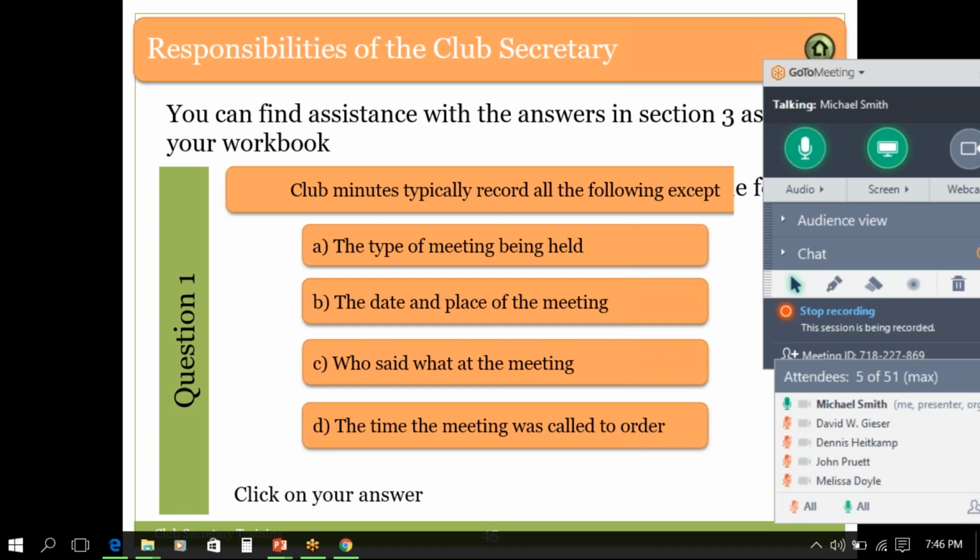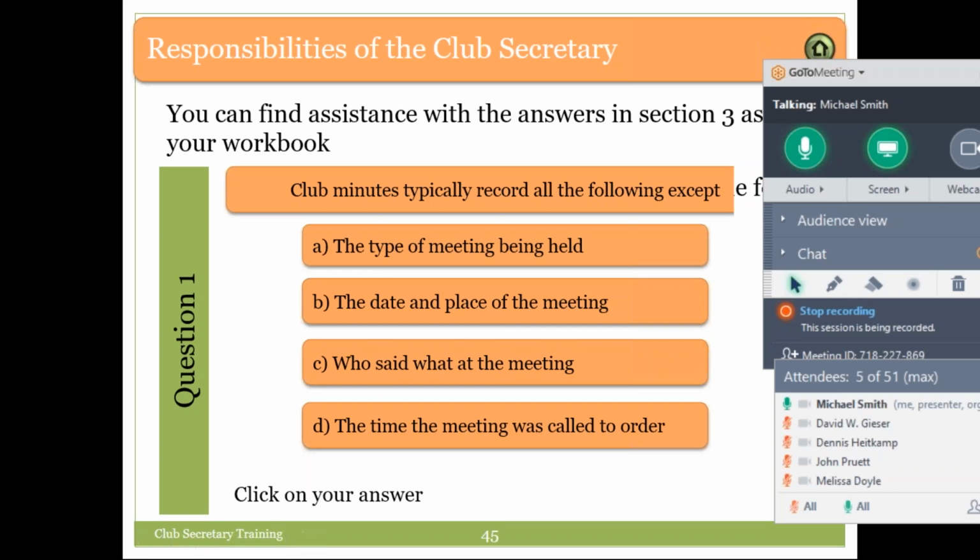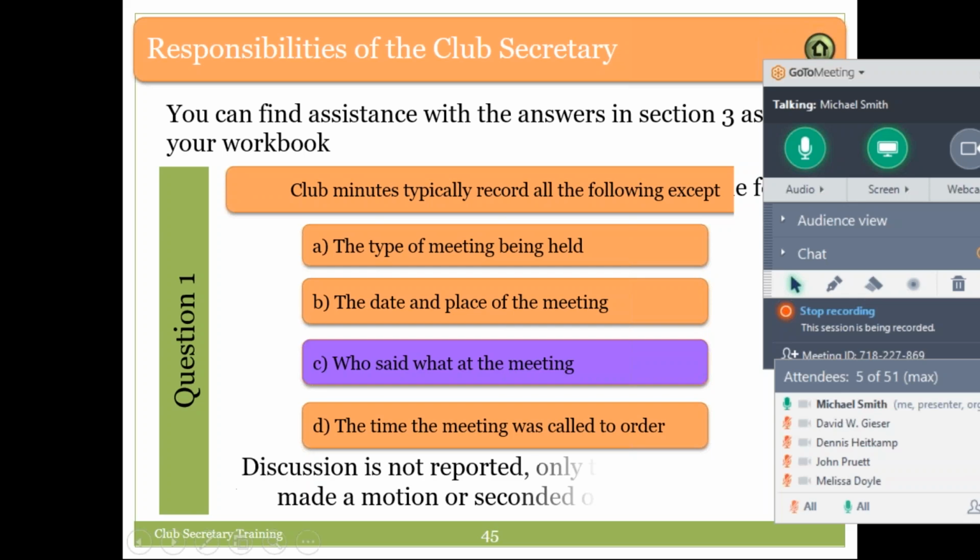You're going to have to unmute yourself. B, B as in boy? B, as in cat. C as in cat. That's a preponderance. That should be correct. That's correct.